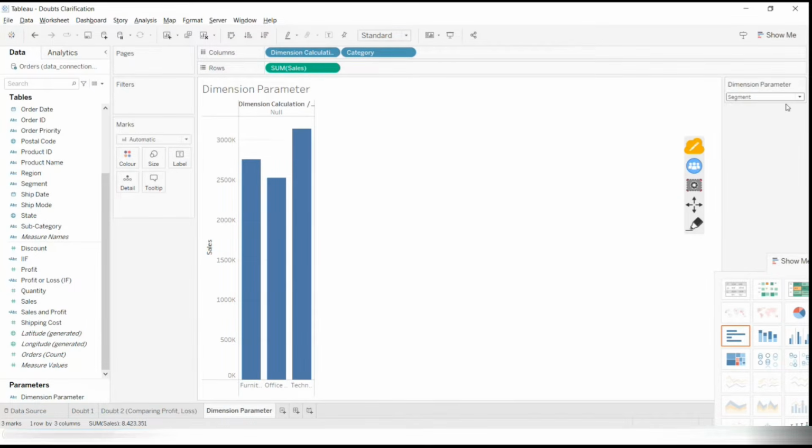Okay, it is not refreshed actually. But you can see here accordingly your visual is not changing. Can you see here? Your visual is not changing. Why? Because your calculated field is getting